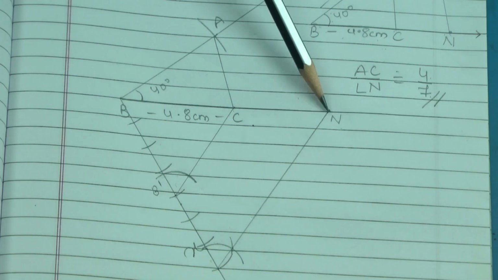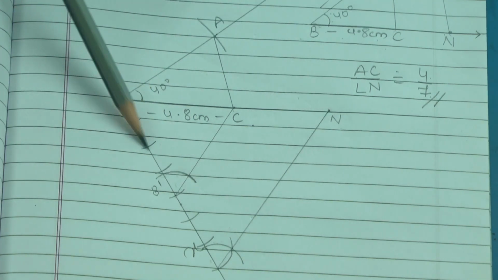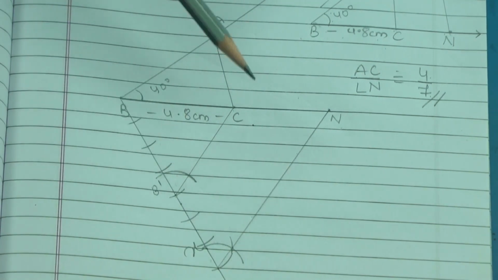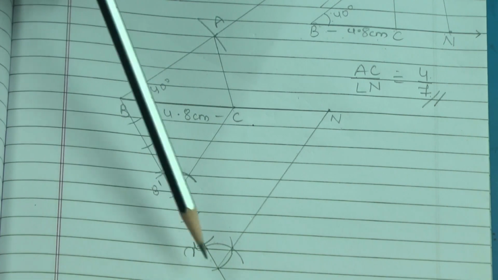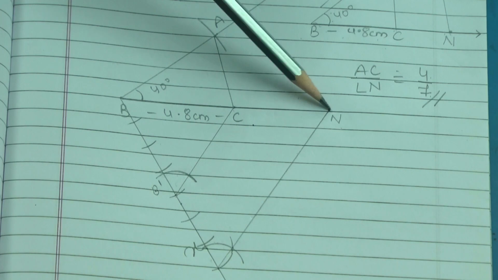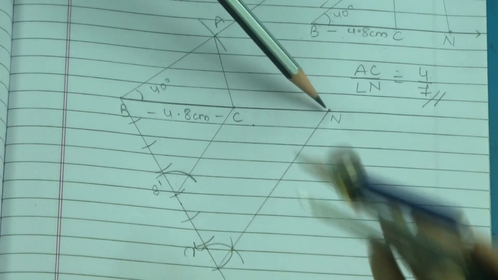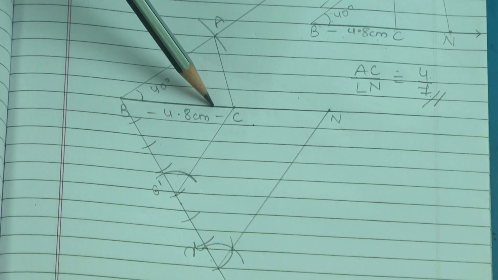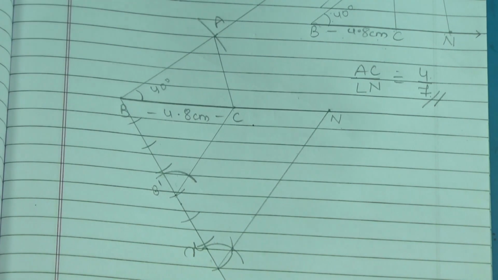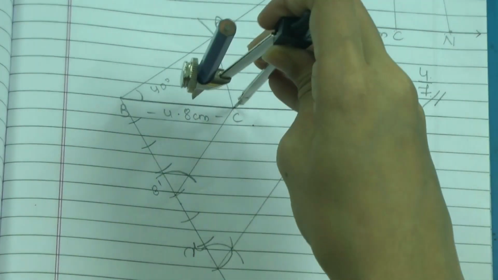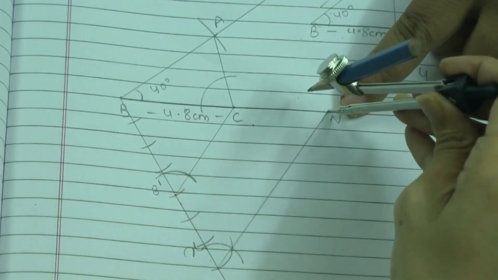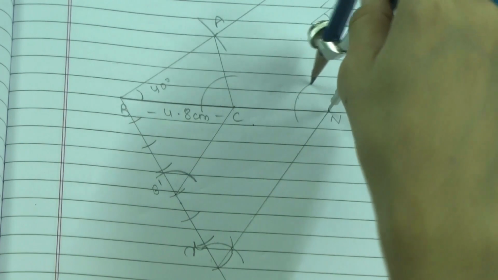Just to locate the point N, we have done this division of line X into 7 equal parts, joined the fourth part with C and joined the 7th part, drawn an equal angle, and then got the point N. Now we got the point N. At point N we will be drawing an angle equal to angle C. A similar method we have to follow, which we followed here. Keep the compass at point C, give an arc of desired length. Same way, keep it here. Give an arc of desired length.